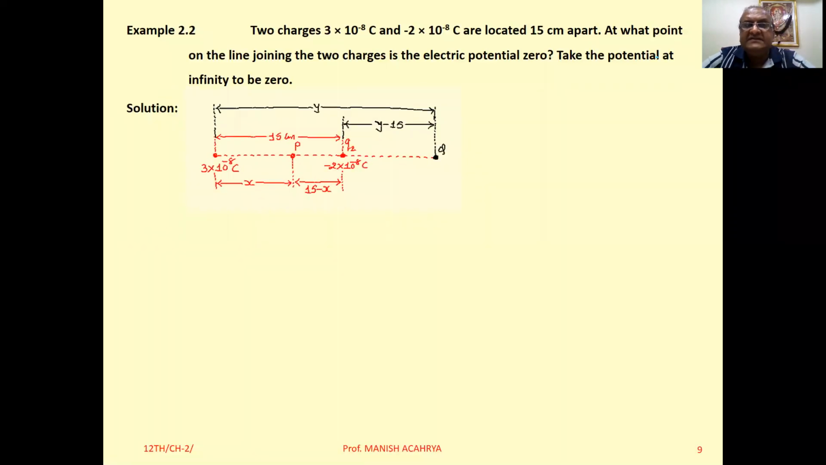Now say 2-point charges, one that is 3 into 10 raised to minus 8 coulomb, another one that is minus 2 into 10 raised to minus 8 coulomb. Both are separated by distance 15 centimeter. Okay. Now here we have to calculate the electric potential at a point for which the resultant potential comes to